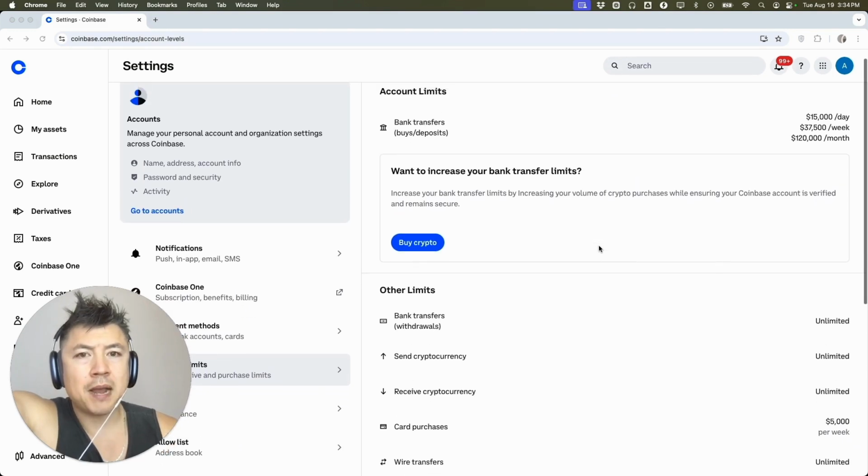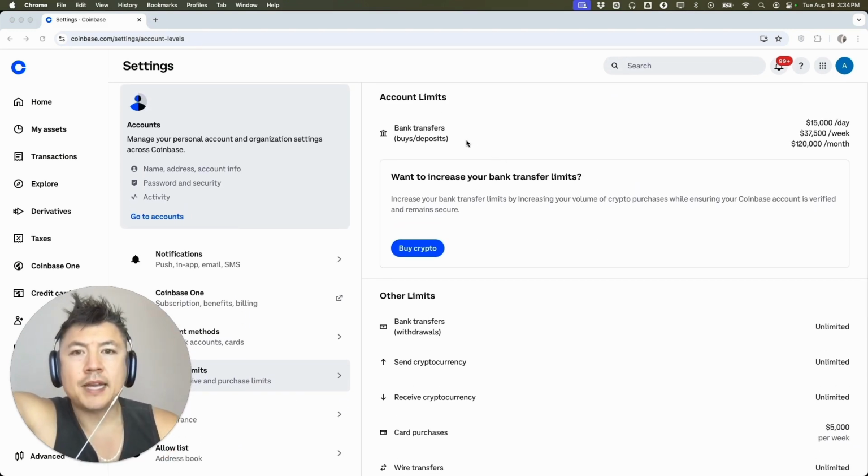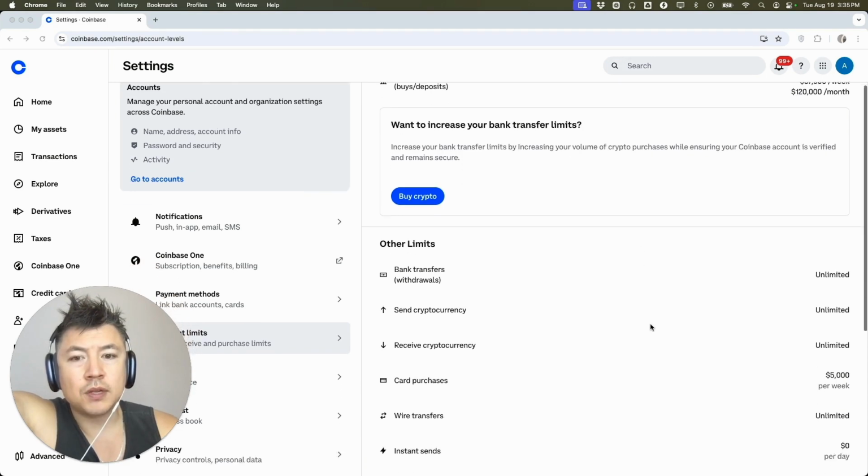So you can see for my particular account with bank transfers, I can use it to buy crypto, $15,000 maximum per day, $37,500 per week, or a maximum of $120,000 per month, which for me, I'm small potatoes, so that's plenty for me. Now, if you need a higher limit than that, then you can scroll down and you can